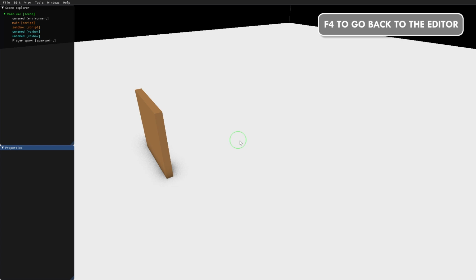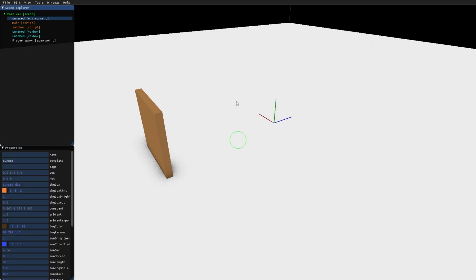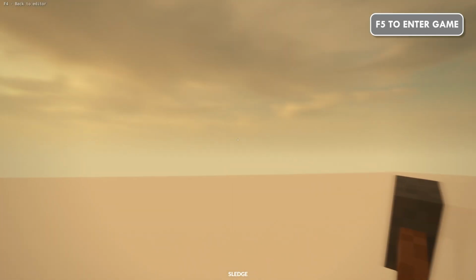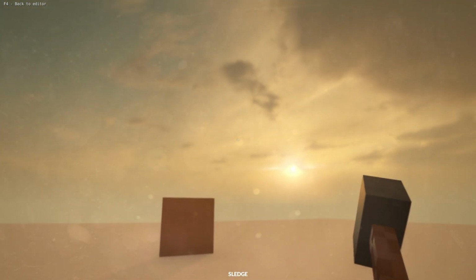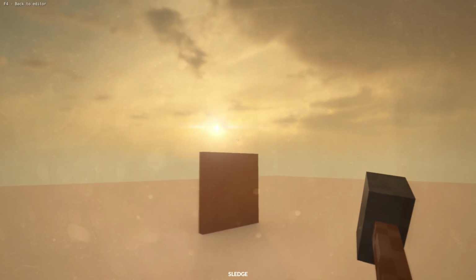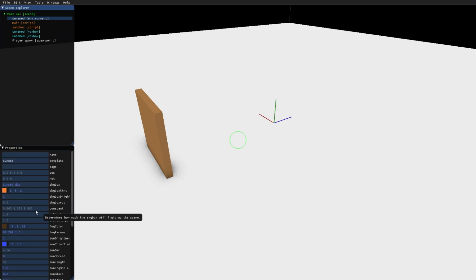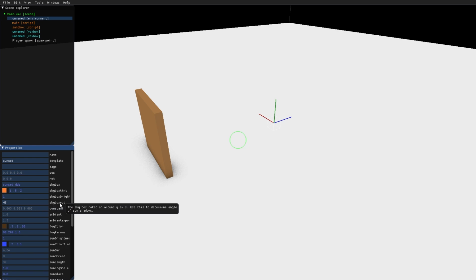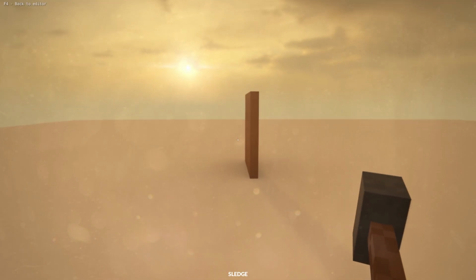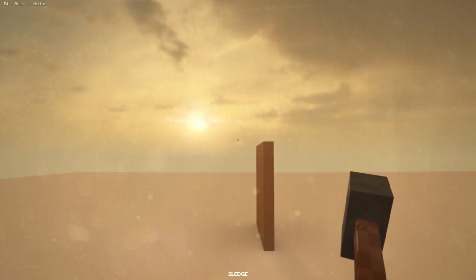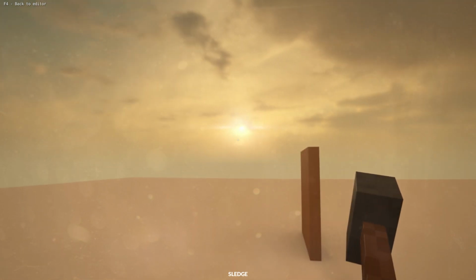Next, let's take a look at the environment. This is the node that controls the lighting, the sun position, the backdrop, and all of those things for the scene. If we start the game, we can see that the sun is approximately 45 degrees off from the map. We can go back to the editor, select environment, and type 45 to rotate the skybox 45 degrees. Now when I get back to the game, we can see that the sun has moved from approximately here to here.